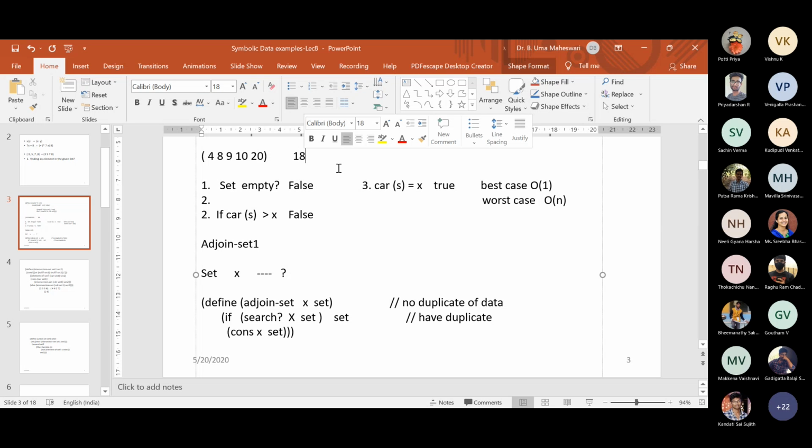I have to do the adjoin operation with the element 18. 18 has to be inserted here. In the case of unordered list, what I did is I will just go to the head and add 18. But here, because it is ordered list, I have to locate the proper position, isn't it? So how will you modify the adjoin set procedure for the ordered list?